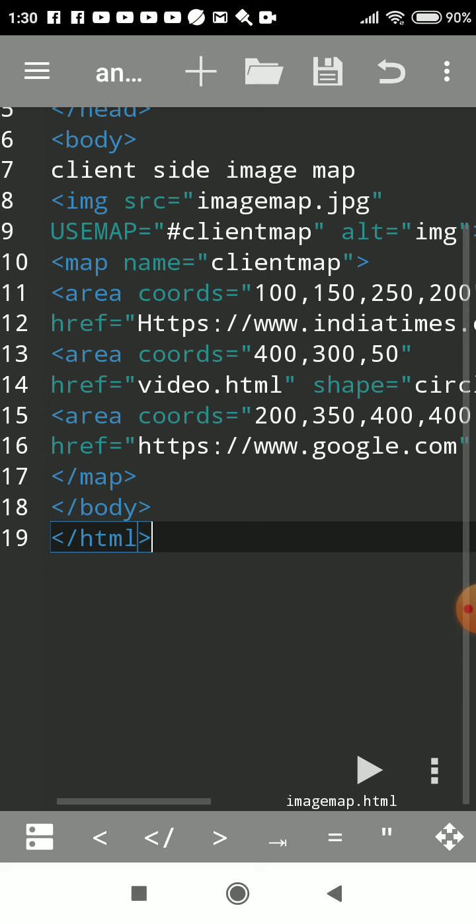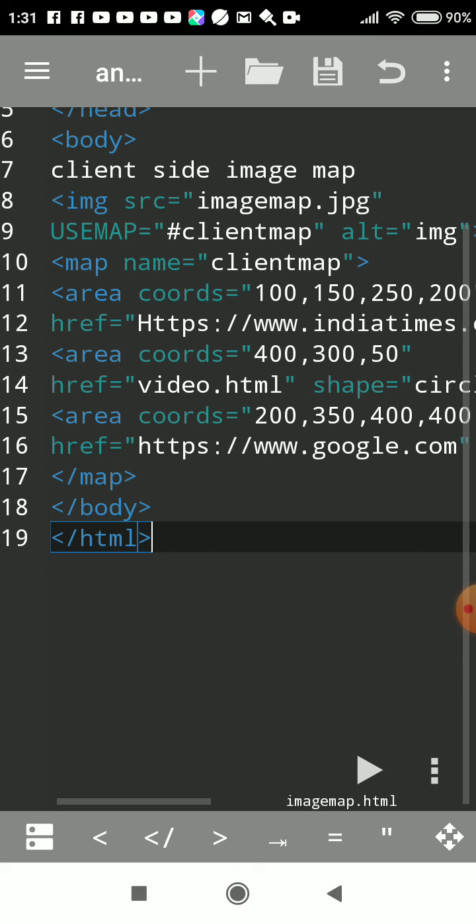There are two types of image mapping, server side and client side. Previously server side was used. Image mapping means processing the clickable area coordinates plus the hyperlink of that image, which file we want to open. The load was totally on the server in server side image map.